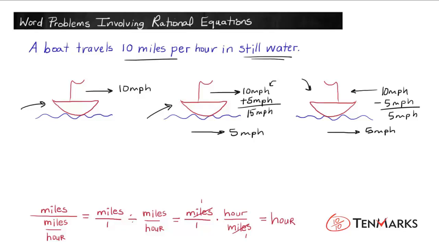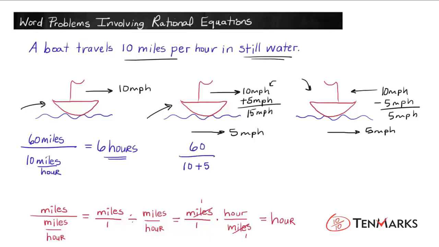Now looking back at our boat up here, let's say we're trying to figure out how long it takes the boat in each of these three scenarios to get 60 miles. We could say 60 miles divided by the rate, and for the first one that would be 10 miles per hour, which would give us 60 divided by 10 equals 6, and our units would be hours. Now for the boat traveling at 10 miles per hour with a current that's traveling in the same direction at 5 miles per hour, we would have 60 miles divided by the 10 miles per hour plus the 5 miles per hour of the current, or 60 divided by 15, which would give us 4, and the units are the same,